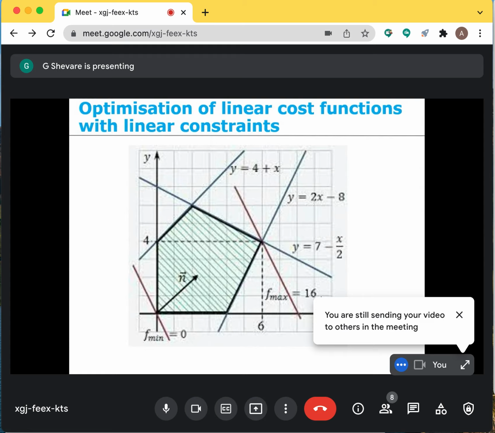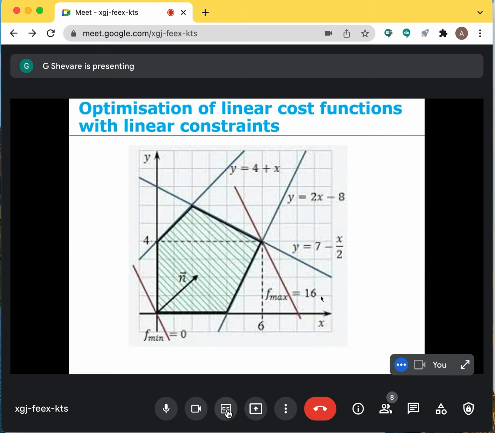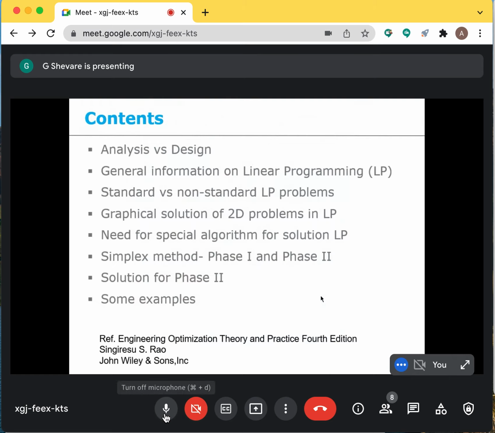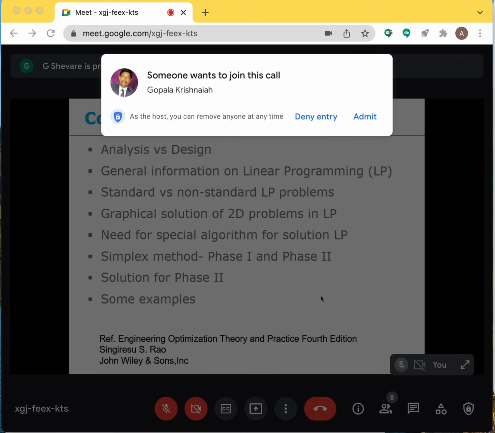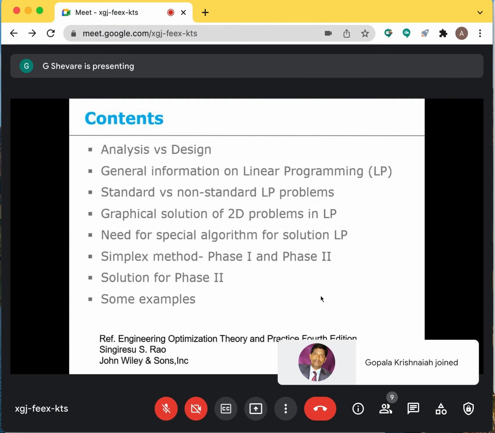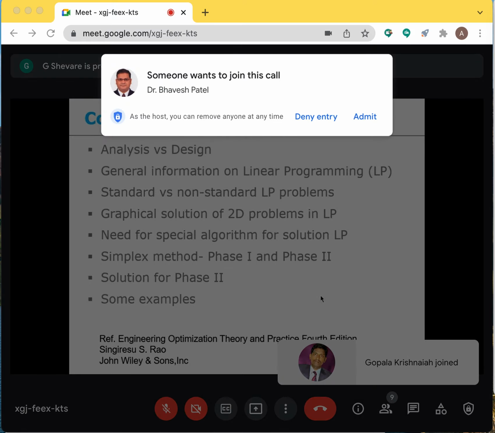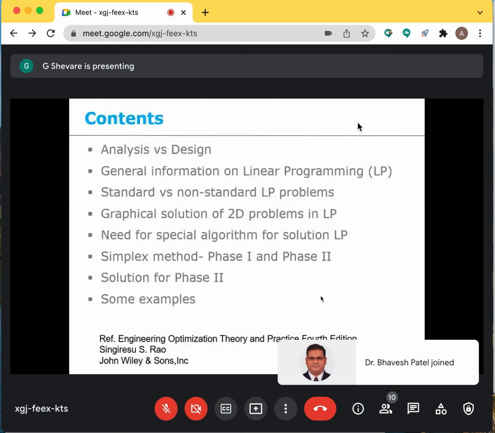So this is a second lecture which I shall connect to my first lecture and see if it makes sense. But even before that, let us have a look at the contents in brief. We will cover one slide on analysis versus design. What does it mean? Many people will do this again and again so that the participants come to know the difference between analysis and design to a certain level, but many times it is not that clear.